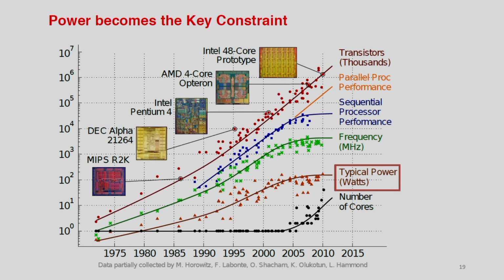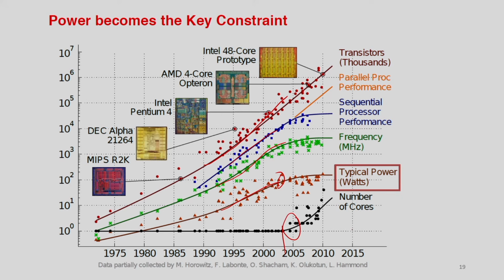You can see this in the diagram. Till 2005 or so we had the single processor. As the number of transistors grows almost exponentially, the overall power also increases, and the frequency too, because you have to increase the frequency, so performance increases at the cost of higher frequency and higher power. By that time it reached almost 100 watts, and it was physically difficult to go further, so we go to the era of multi-core.